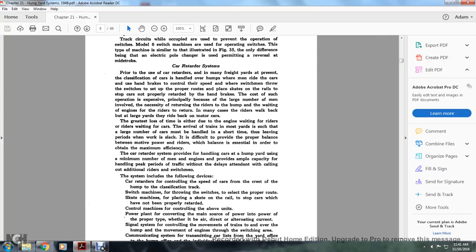Alright, your car retarder system. Prior to the use of the car retarders, many freight yards were presented with the classification of cars handled over the humps, where riders on the cars used handbrakes to control their speed. The switchmen throw the switch to set up the proper routes and place skates on the rails to stop the cars and properly retard the handbrakes. The cost of so much operation